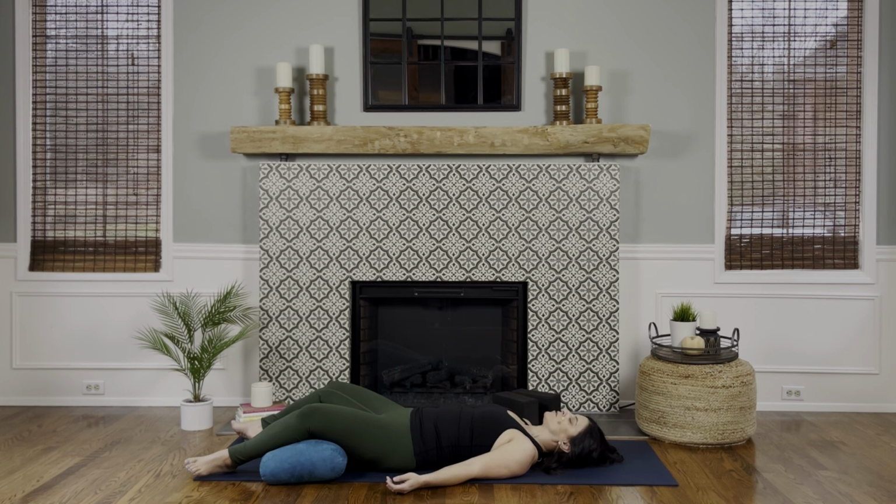Move your awareness across your chest towards your left shoulder, your left arm, left upper arm, left forearm, left hand, all the fingers on your left hand, your left arm. Walk your awareness all the way down your torso to your lower back, outer hips, front of the hips,